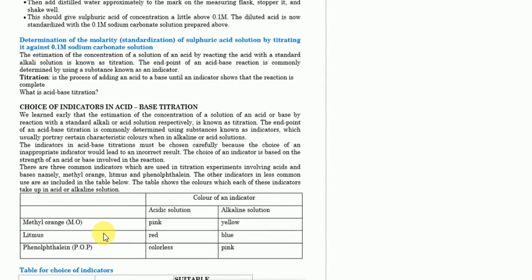I am Dr. Mlelwa, and in this session we are launching the session in the advanced and the O-level biology, chemistry, mathematics and physics. So in today's session we are discussing about the Form 3 chemistry, and we are going to discuss about the determination of molality. Before discussing about the calculations of determination of molality, we touch a little about the choice of indicators during acid-base